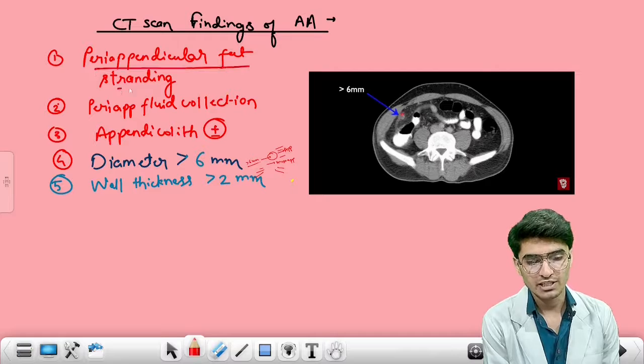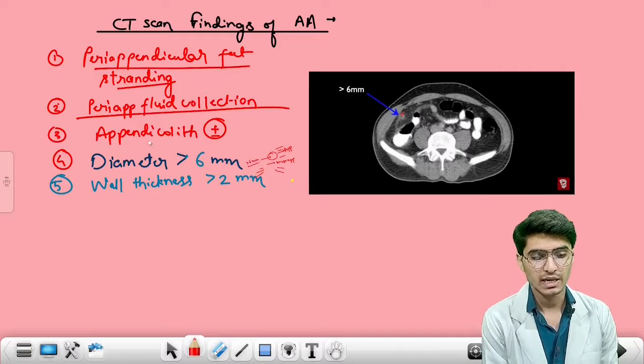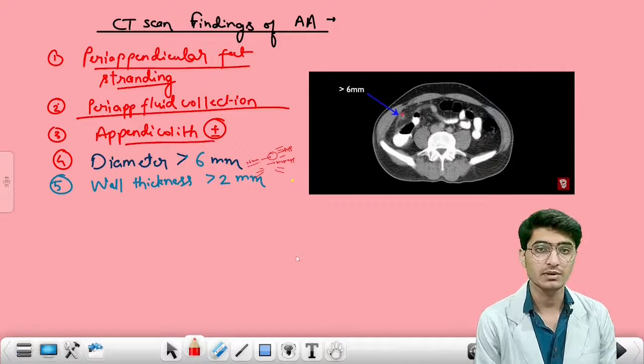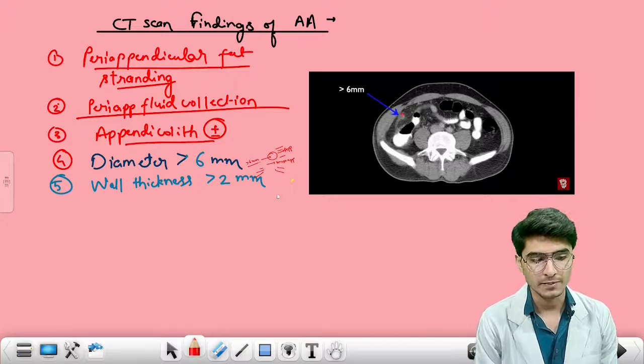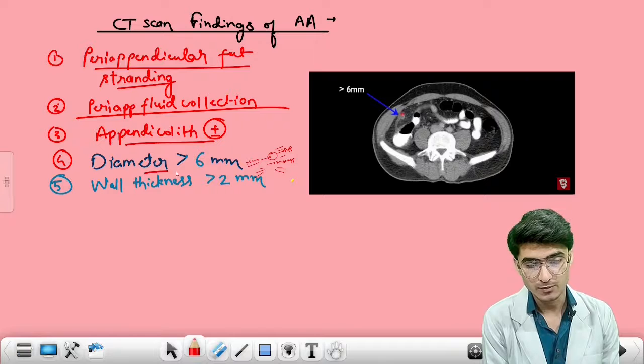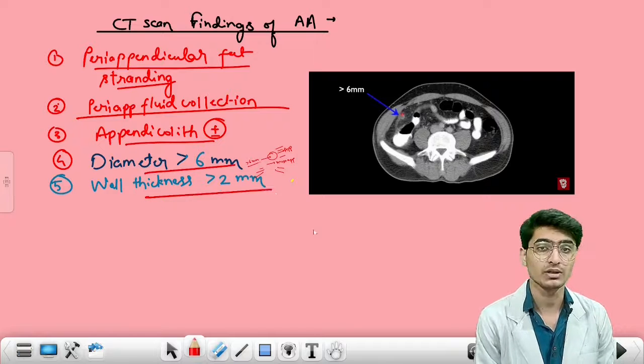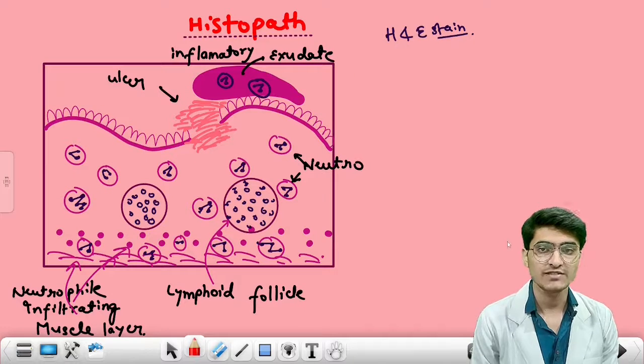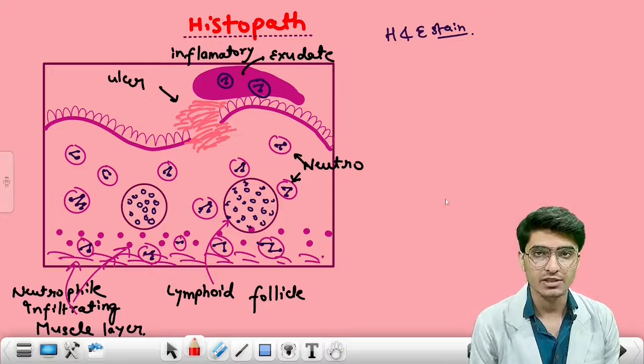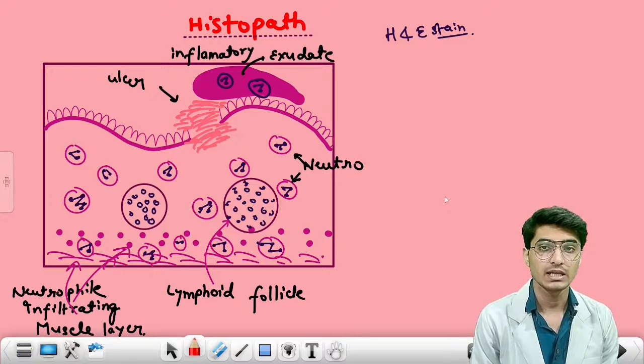So periappendicular fat stranding, periappendicular fluid collection, and we can find the appendicolith present, which is the cause of the obstruction of the appendix here. And the diameter we have discussed, that is more than 6 mm, and the wall thickness is more than 2 mm here. So guys, we have discussed the CECT findings, and now we will discuss the histopathology portion